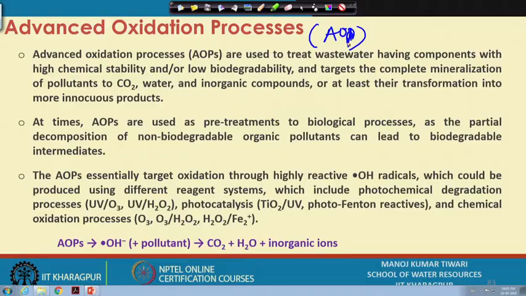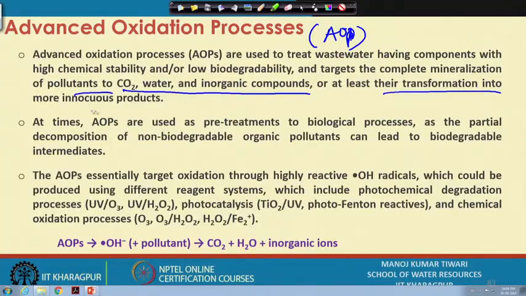So, the complete mineralization of these pollutants to CO2, water and various inorganic compounds is targeted. If complete mineralization is not achieved, it is still attempted to at least ensure their transformation into more innocuous products, so that the toxicity or the threat of these pollutants in the water is reduced. At times these AOPs, or advanced oxidation processes, are used as a pre-treatment to biological processes,